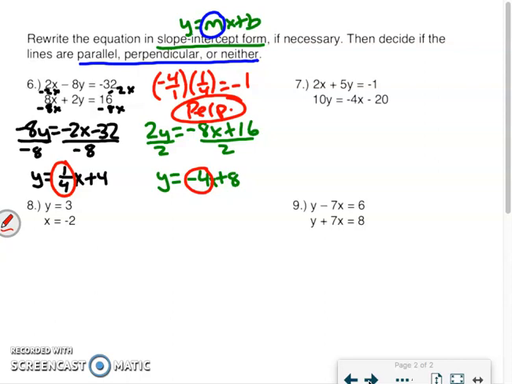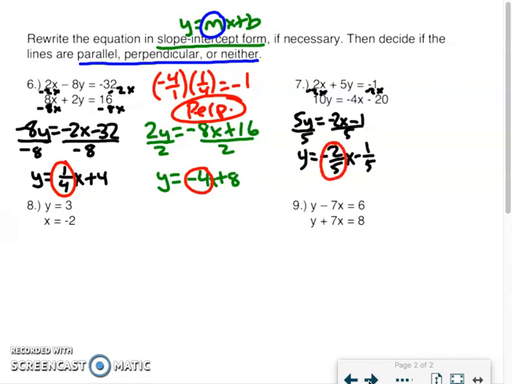Okay, let's try that again with number 7. All right, I need to subtract the 2x from both sides to start the top one. I would be left with 5y equal to negative 2x minus 1. Divide both sides by 5. I would get y equals negative 2/5 x minus 1/5. All right, the slope of that one is negative 2/5. I need to find the slope of the other one and then use that to decide if it's perpendicular, parallel,